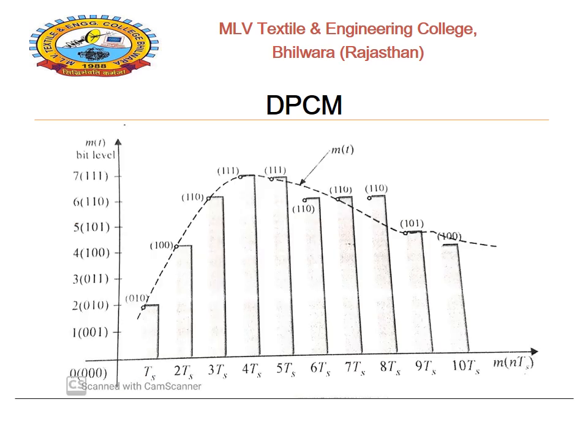In DPCM, the samples of a signal do not change fast. That is, from the present sample to the next sample, the signal does not change by a large amount. The adjacent samples of the signal m of t carry the same information with little difference. When these samples are encoded, the resulting encoded signal will contain redundant information.